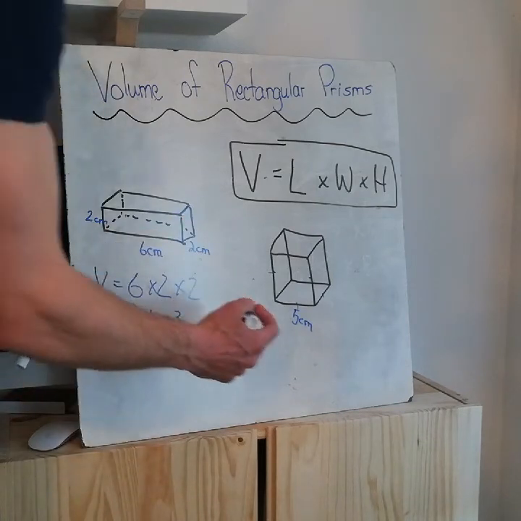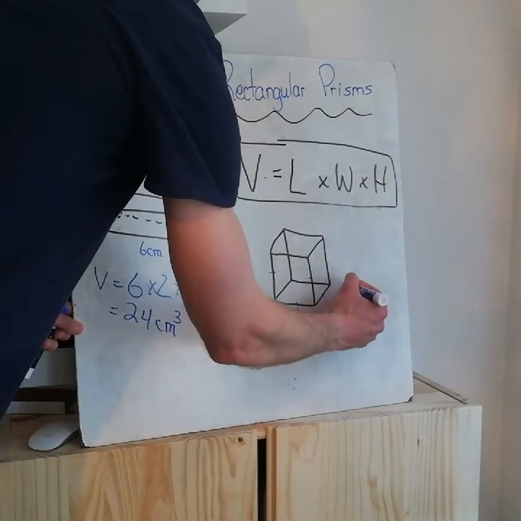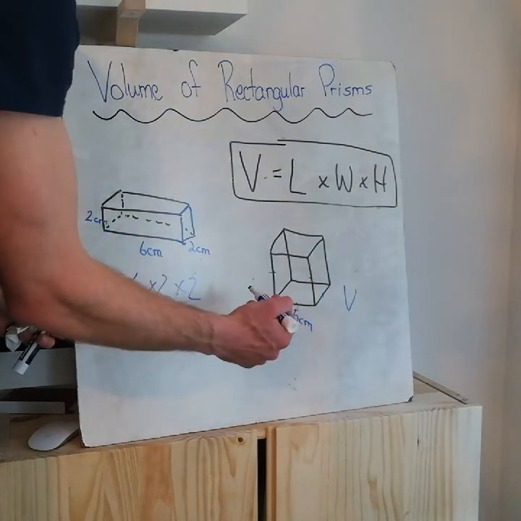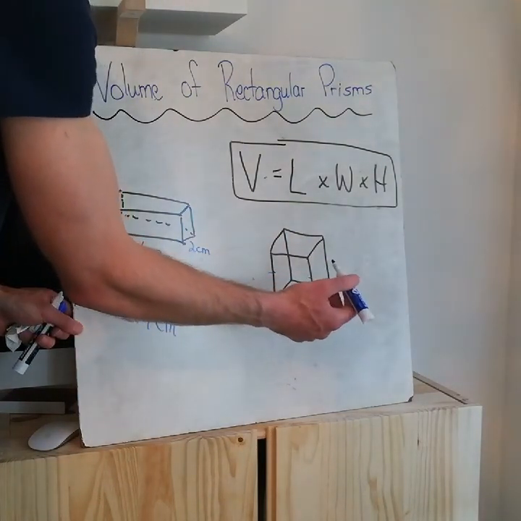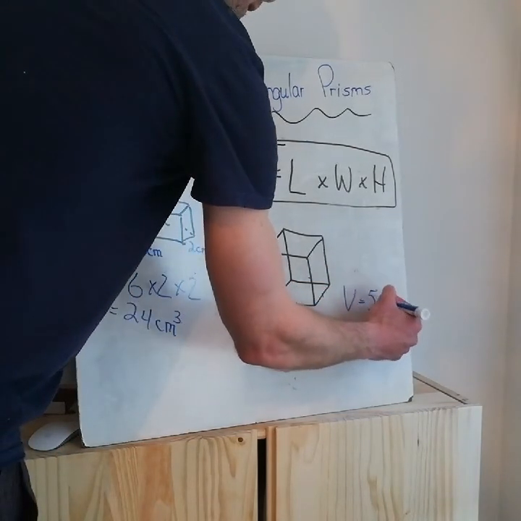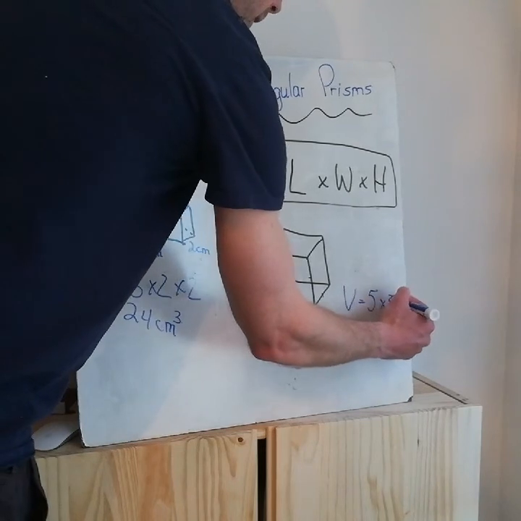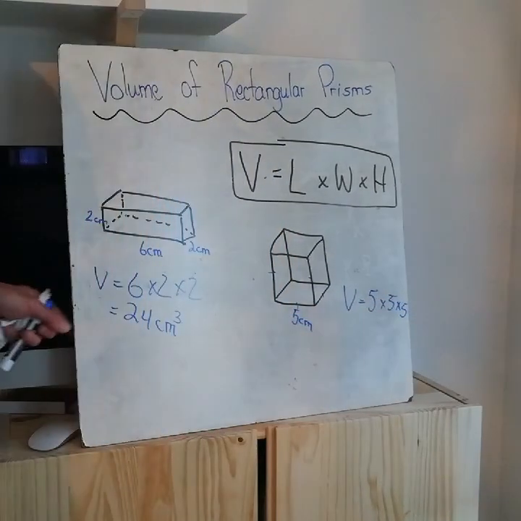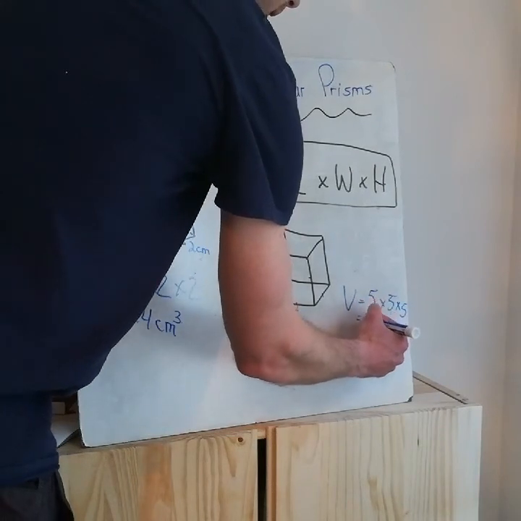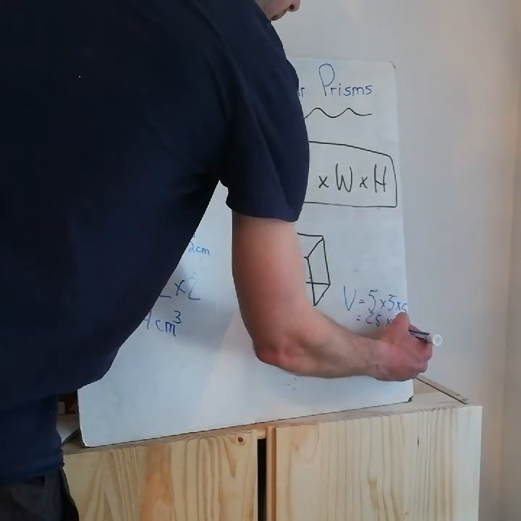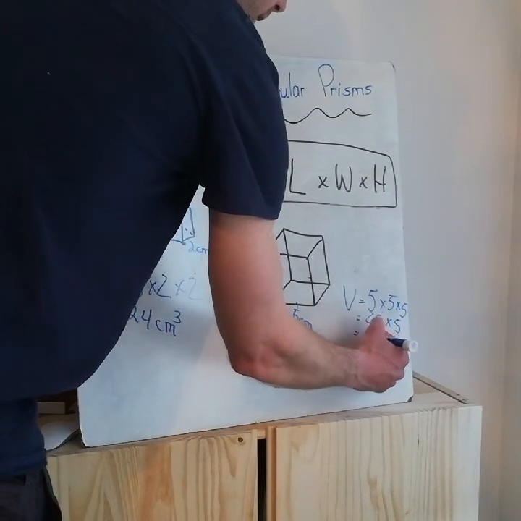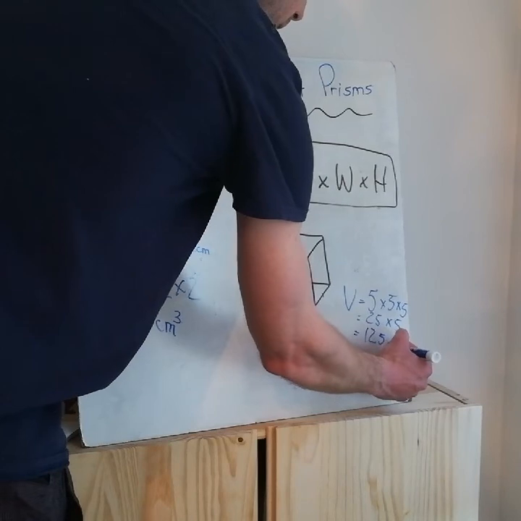So this box volume, you can still do, if you know all the sides are equal, that means 5 times 5 times 5 would be your length, width, and height, because they're all the same. 5 times 5 is 25, times 5 is 125 centimeters